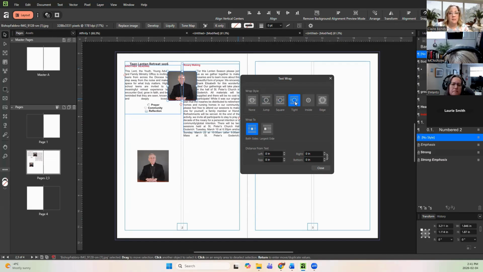So tight is more important if it's not a square picture. If it's a circular picture, if you've removed the background and it's just somebody's head, which we could do, but we're not going to do that today. So for now, I'm going to pick square, and then